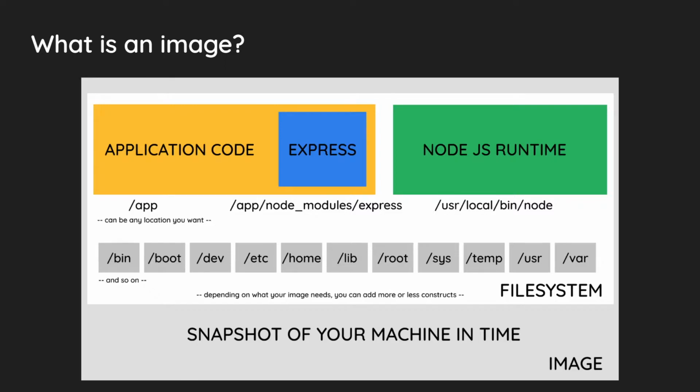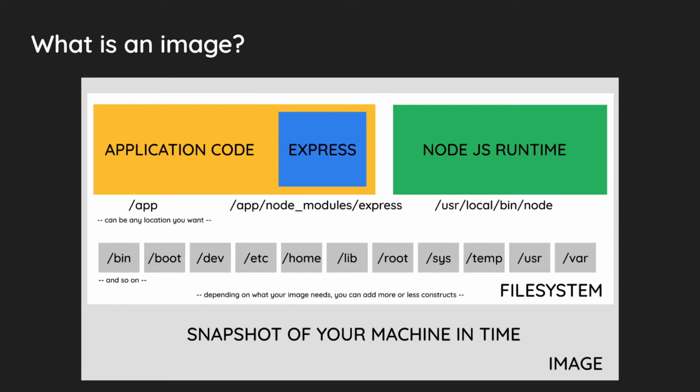So down the line, you can change your code locally as you continue to develop the application. Say you change your server to return Hello World instead of Hello Cloud Native, but your image will still contain the code from our current snapshot in time. You can, of course, choose to update your image or publish a new version of your image if you want to.